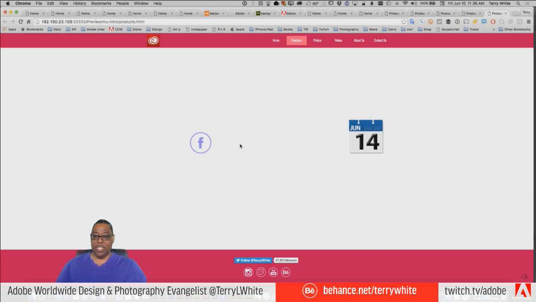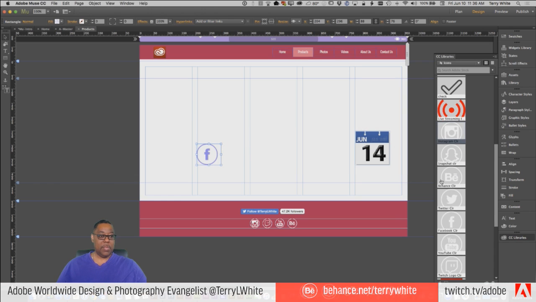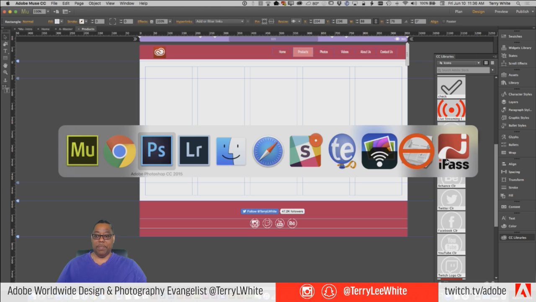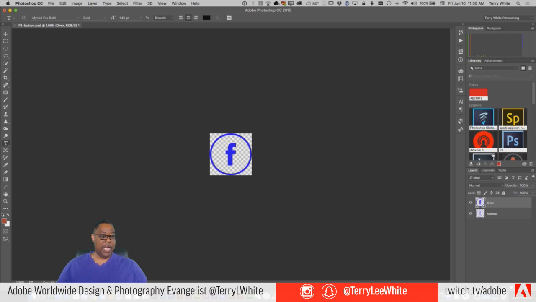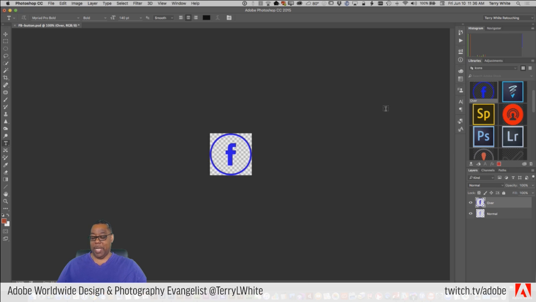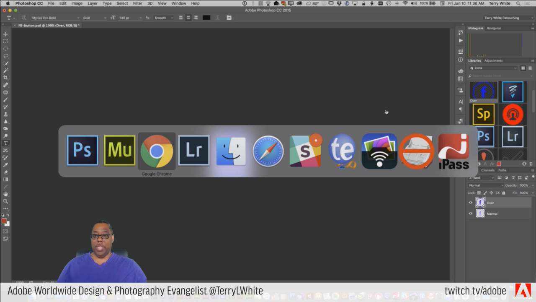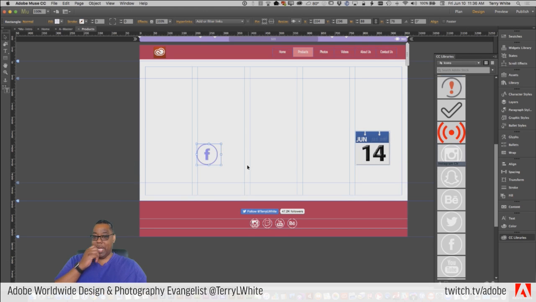So what you might want to do is go back to Photoshop for a second. Take that over layer. We'll add it into the same library here, into the icons library. So now we just added the darker blue version of that. And then when you get back to Muse, keep in mind that that looks great and works great on the desktop, but it will not make a difference on the mobile version of this.